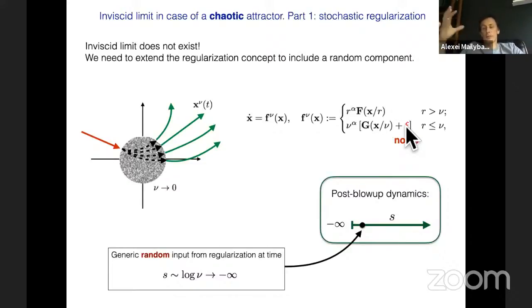It can be, for example, a stochastic differential equation, or it can be a differential equation which is deterministic but depends on randomly chosen parameters. So it also gives a random realization of the field inside. What is important is that after your solution, which was deterministic, entered this very small region, it has random dynamics. So it enters at a random point.